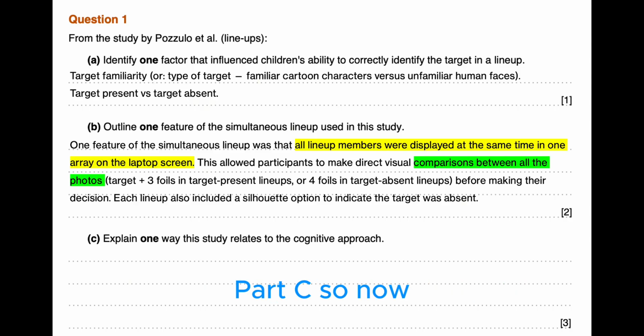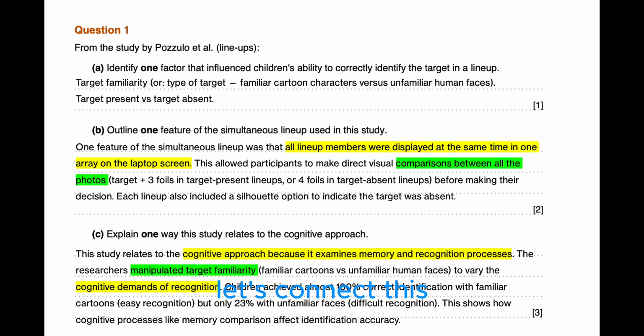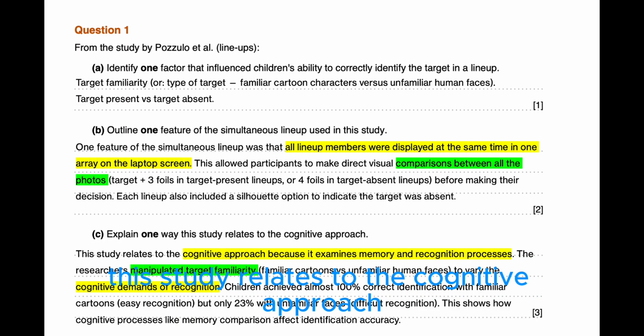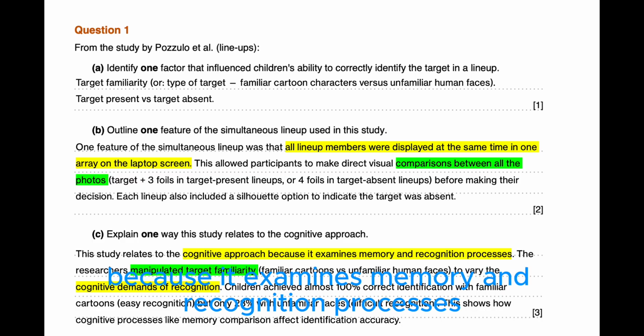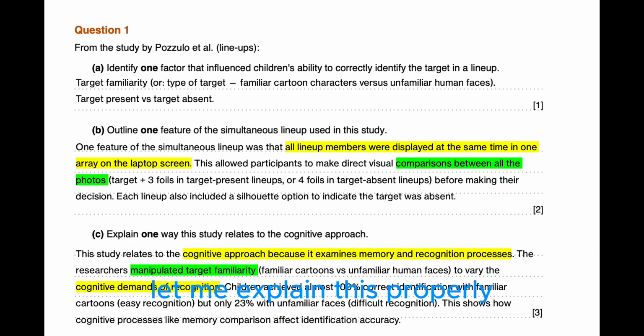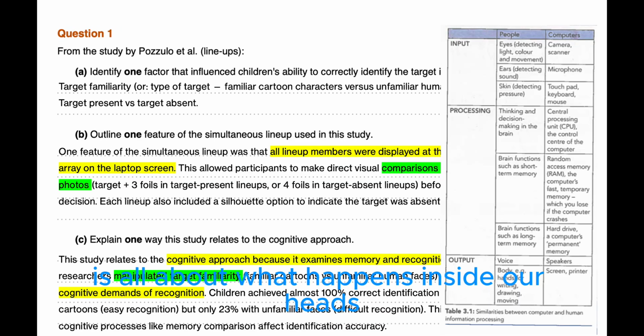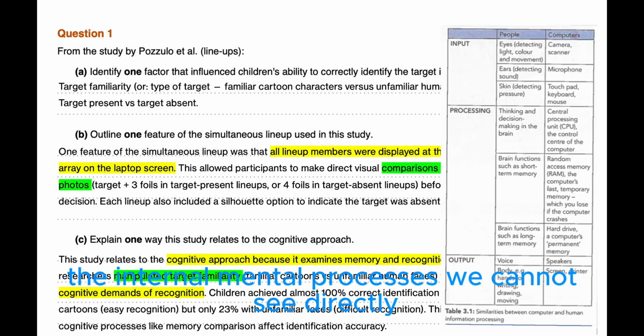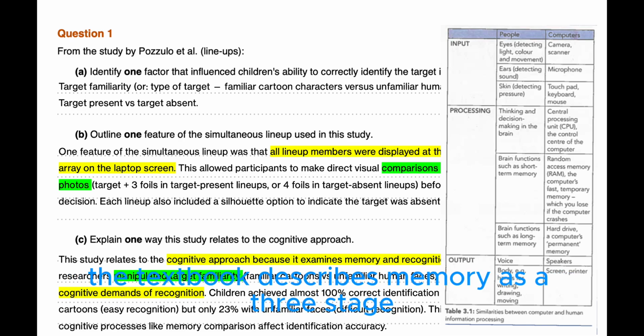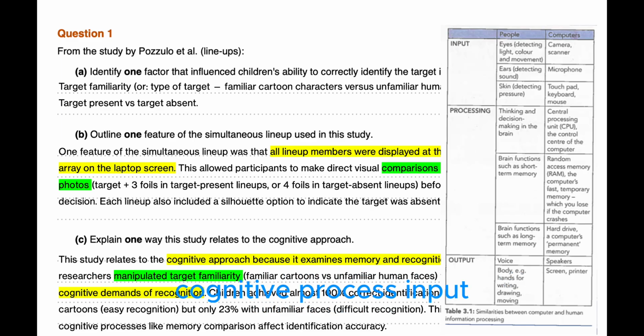Part C. So now, let's connect this to what is happening inside the mind. This study relates to the cognitive approach because it examines memory and recognition processes. Let me explain this properly. The cognitive approach is all about what happens inside our heads, the internal mental processes we cannot see directly. The textbook describes memory as a 3-stage cognitive process: